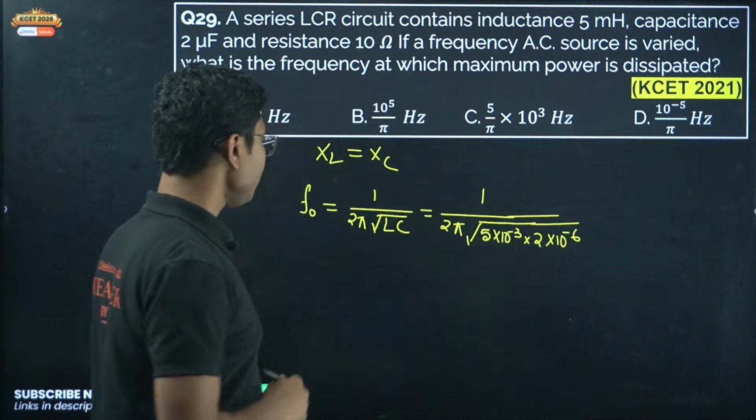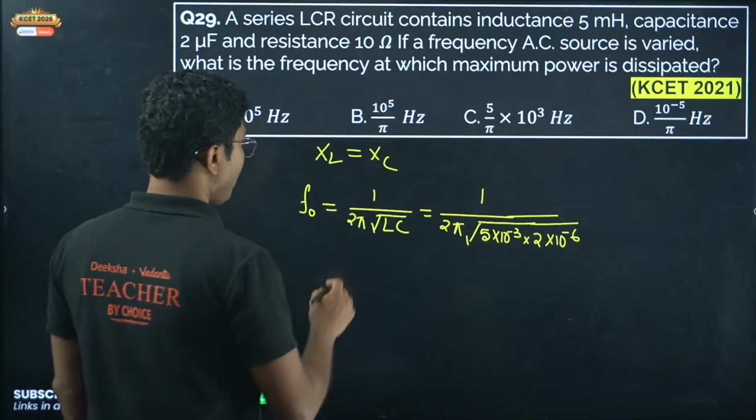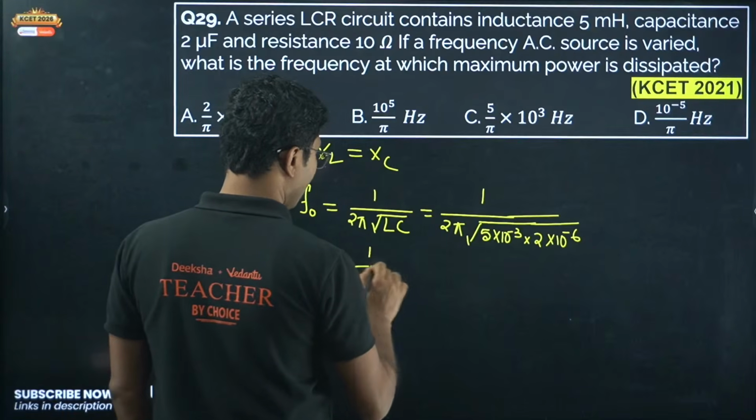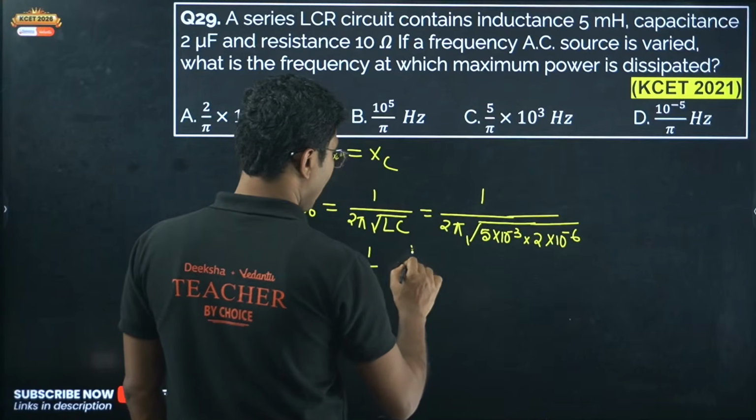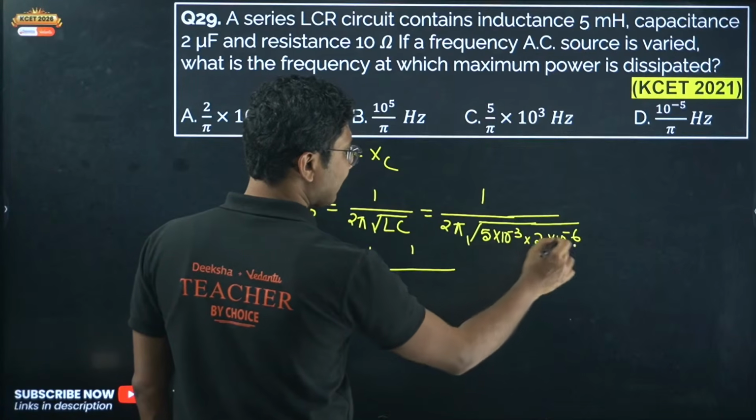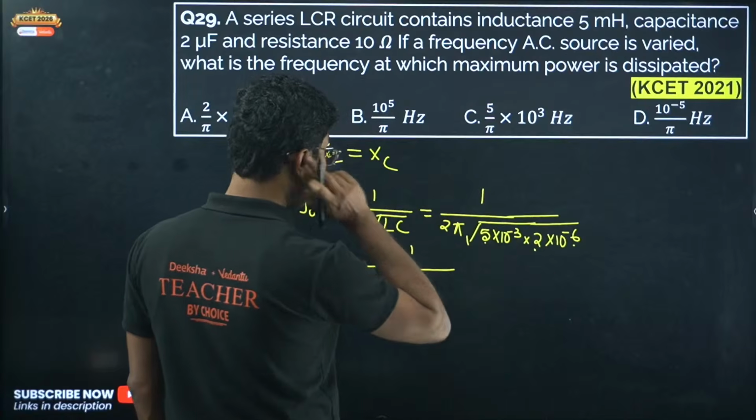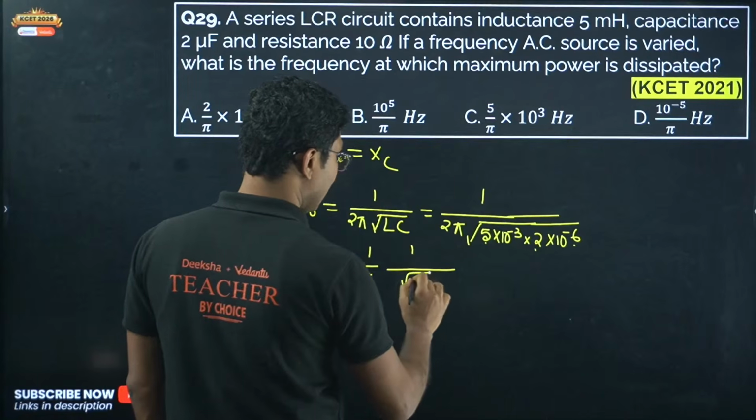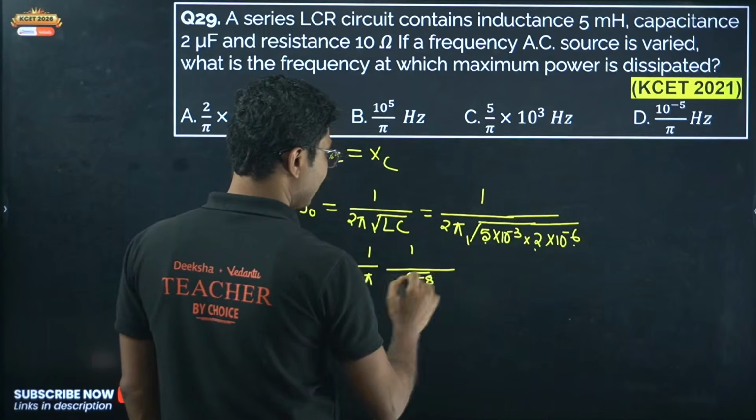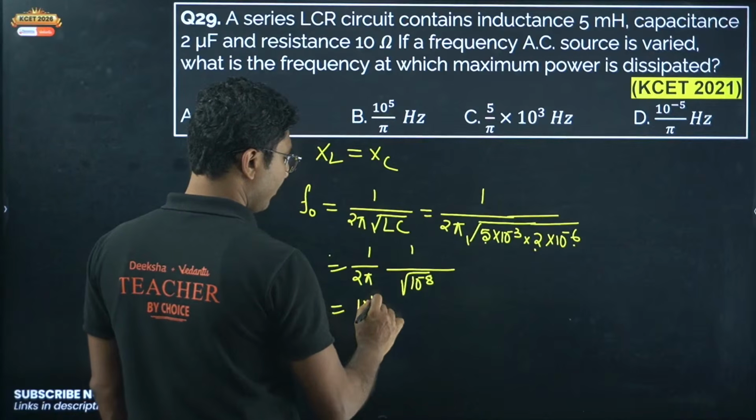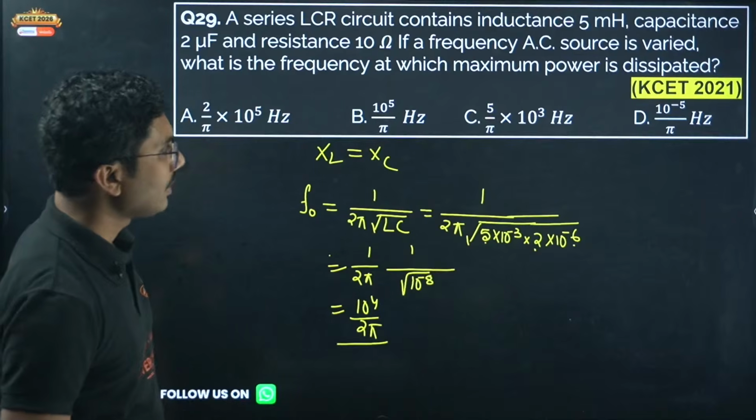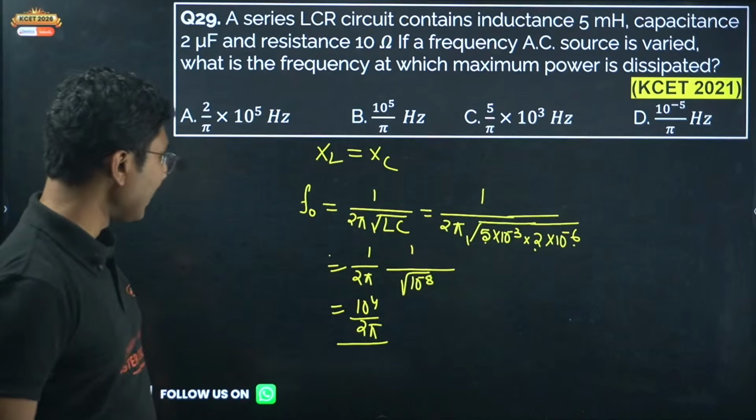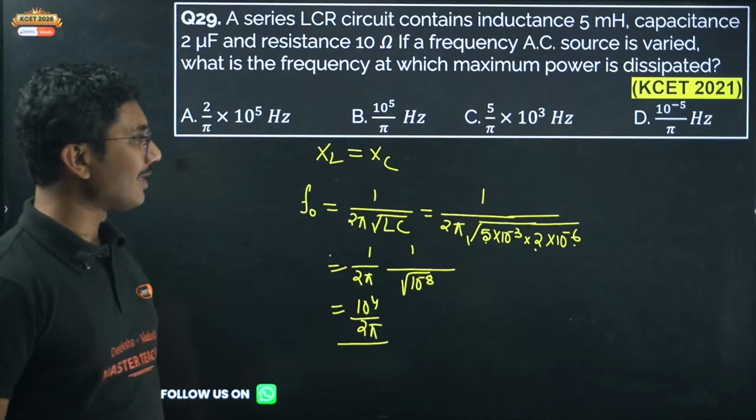Okay, so it will be 1 by 2 pi into 1 by 10 to the power of minus 9 plus 10 plus 1, that is minus 8. 10 to the power of minus 8. So it will be 10 to the power of 4 by 2 pi. Okay, almost similar question, 10 to the power of 4 by 2 pi, but here the answer is slightly different